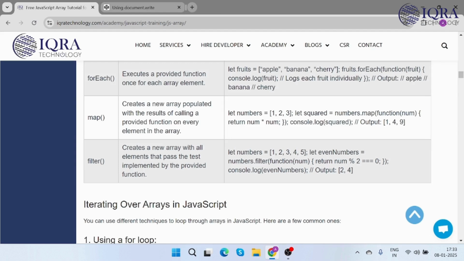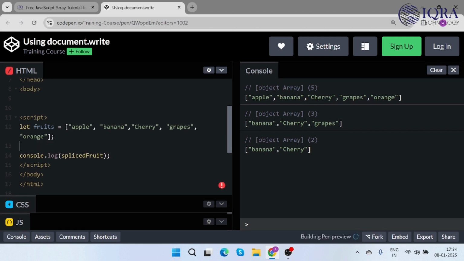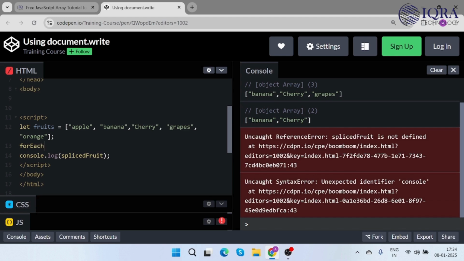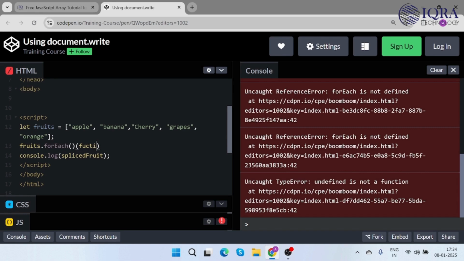Now seventh one is our forEach. The forEach method allows you to perform an action for every element in the array. So let's take an example. Let fruits, apple, bananas, cherries. Now we can take a forEach loop. So forEach, we can take fruits dot forEach. Now we have a function like function. We can take fruit here